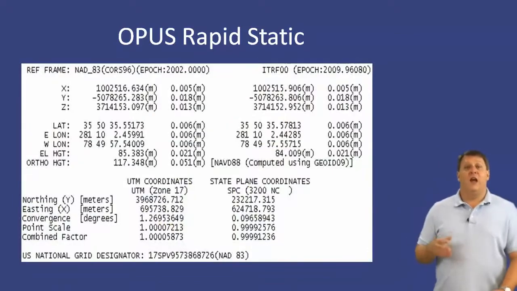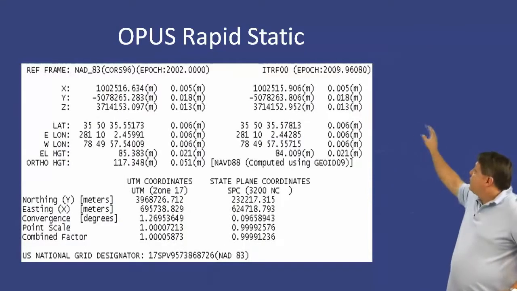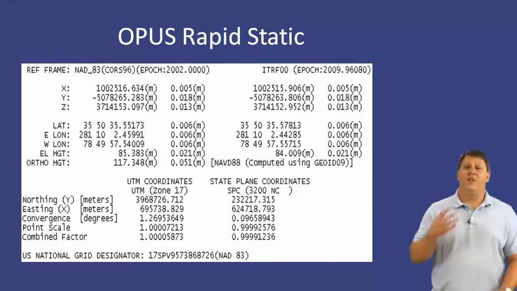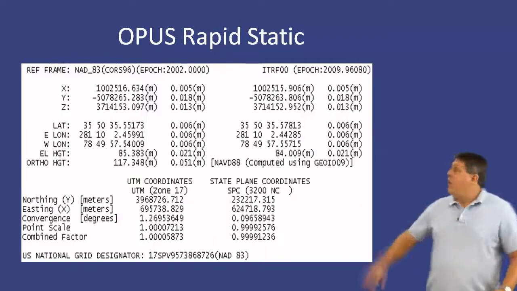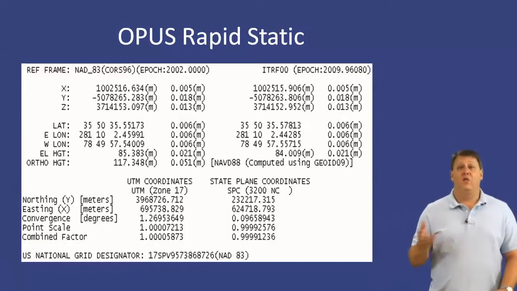Continuing on in our OPUS rapid static solution, we've got 2 reference frame columns. Notice we have the NAD83 reference frame column with its datum tag, and then the ITRF reference frame column with its datum tag. We're going to concentrate specifically on the NAD83 column, where we see our results in X, Y, and Z. We see our latitude and our longitude, both east and west from Greenwich, England. Our EL height, that is ellipsoid height,